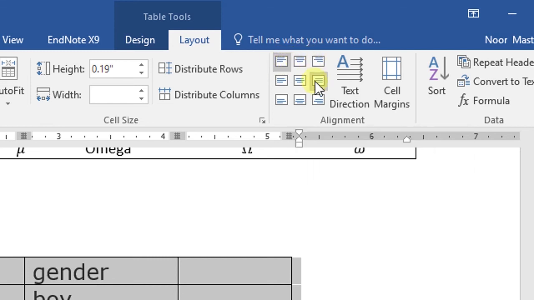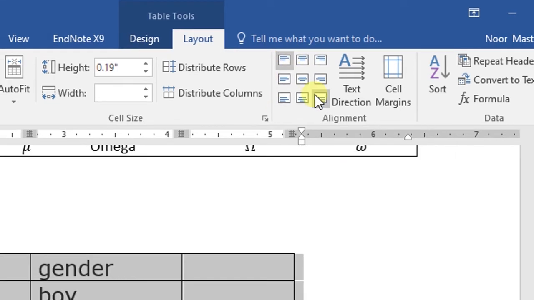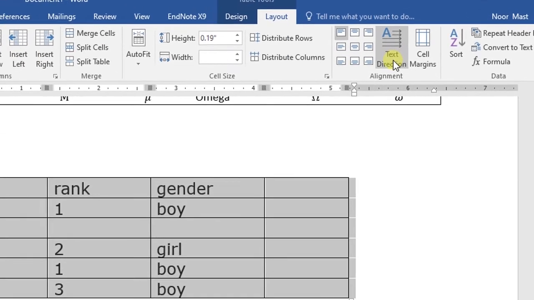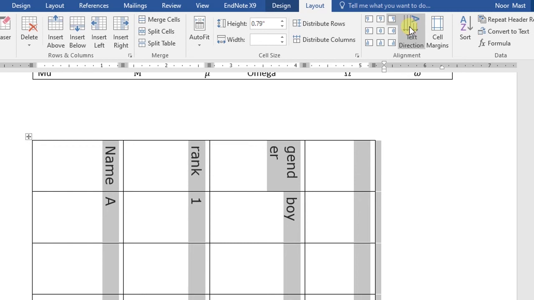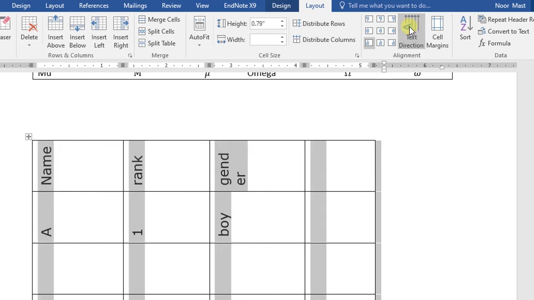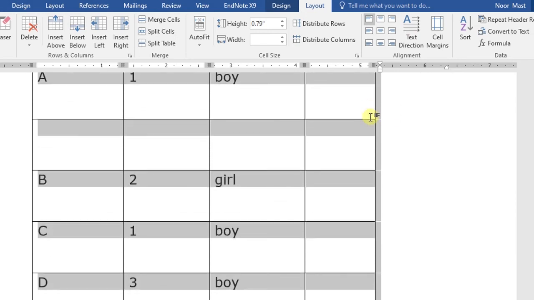So 9 different options are available to align the text within the table. While this option is used to set the text direction, so press this one. Again press it. So use this option to change the text direction.